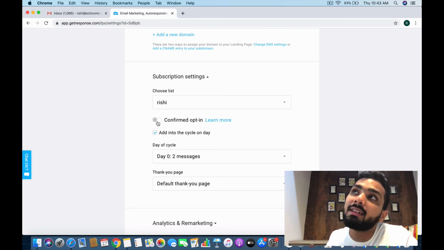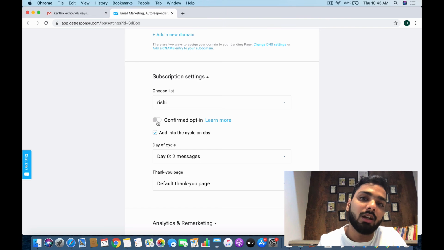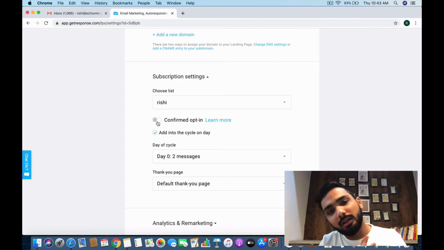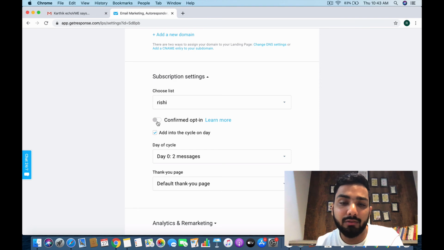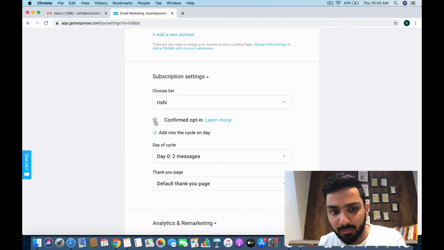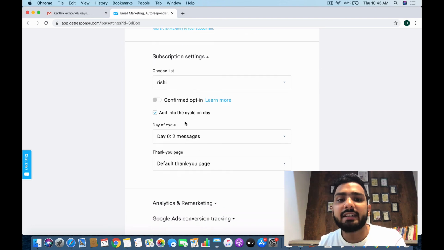Why this is done is to create a whitelist, so from there on your emails will never go into their spam box, only into the inbox. But most of the time, if your spam score is low, it's going to go to the inbox any which way. So you don't want to do this, because people might not confirm their opt-in if you're just starting out in your journey. So just switch it off.